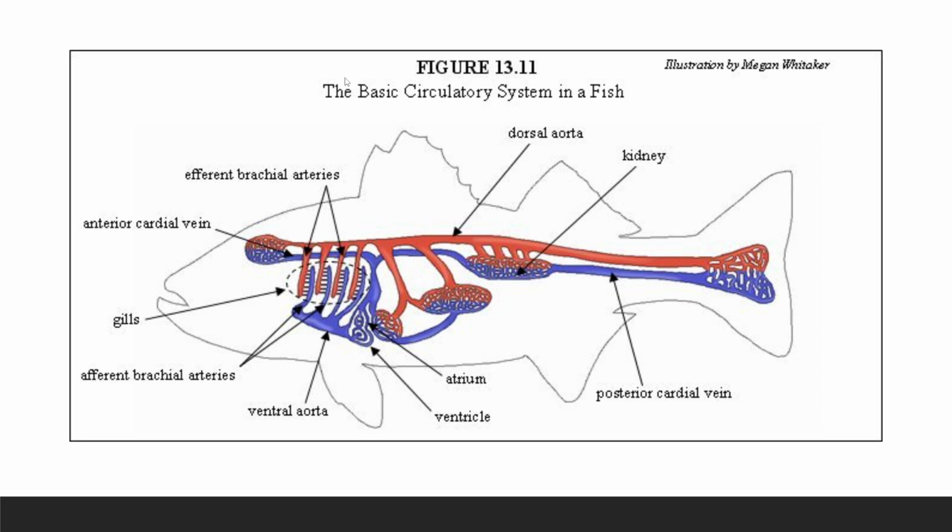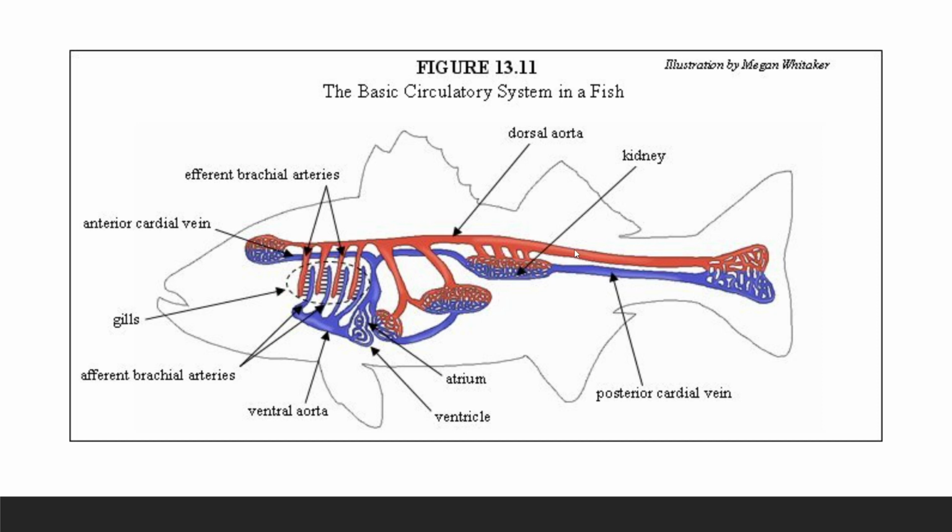So here is an image of the basic circulatory system in a fish. And again, you can see the heart right in this region. You have the atrium and the ventricle. Here's the ventral aorta that we talked about, that the ventricle pumps into, which will then be taken to the gills via the afferent brachial arteries, and then will drain from the gills using the efferent brachial arteries and travel